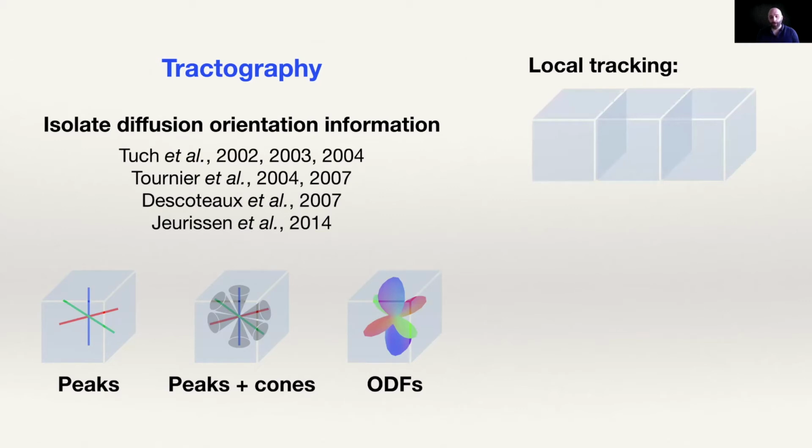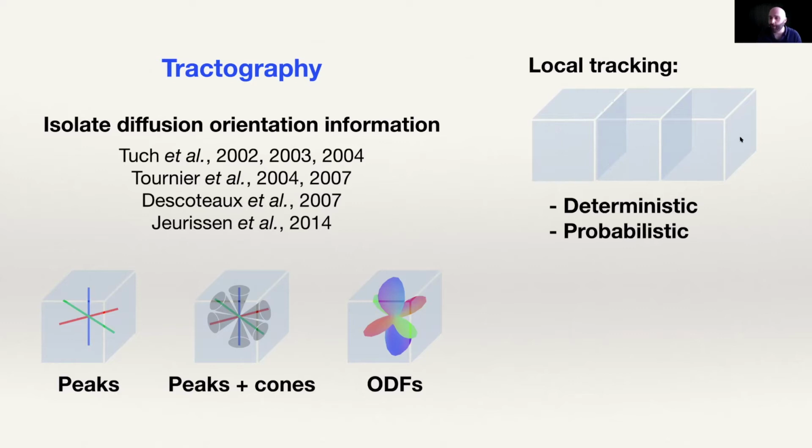So then once you have isolated this information, you can have different tracking strategies, I would call them. One of these strategies is local tracking. Local tracking is trying to find a path across a few voxels. This path may be deterministic or it may be probabilistic. For example, let's say I have some peaks in there, so they kind of go in that direction. You have one peak like this, one peak like that, and one peak pretty much like that. And then you use a deterministic tracking algorithm. It will use some criterion, doesn't matter, some criterion to say, I will connect these peaks together and create a